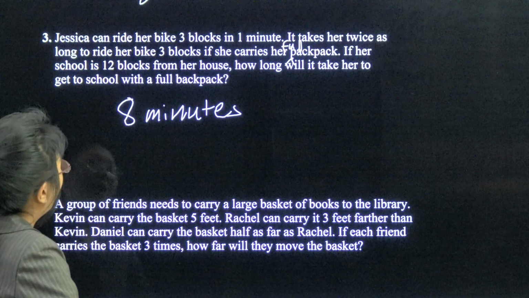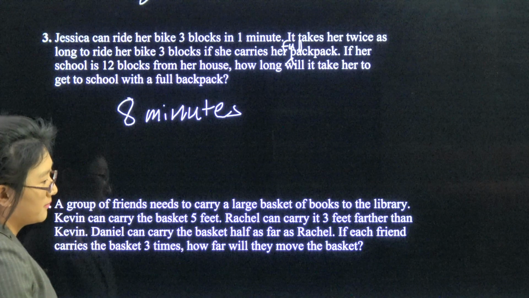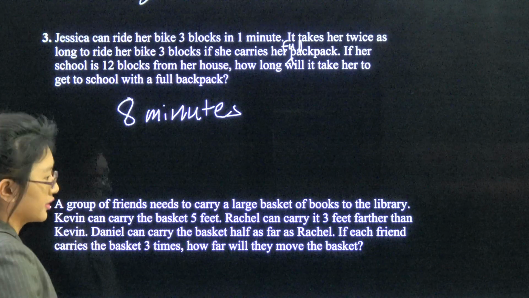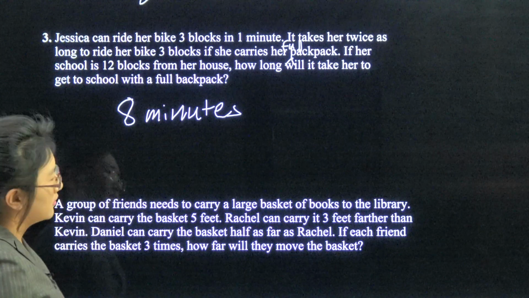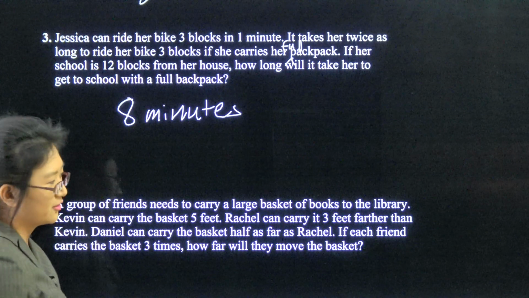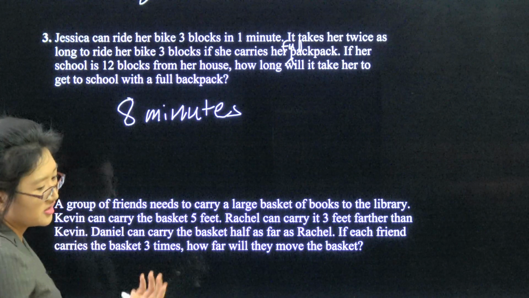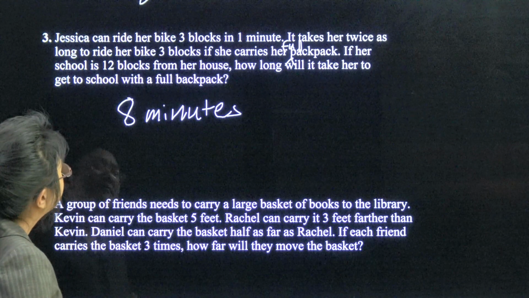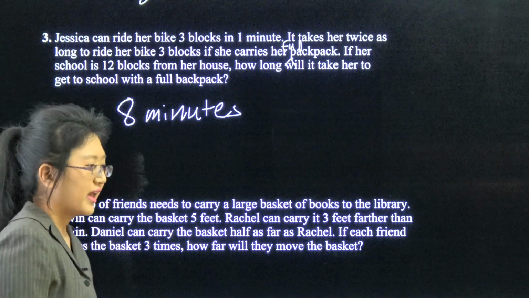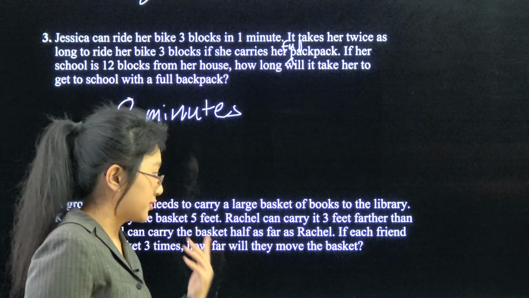Check. Well, 8 divided by 2 is 4. 4 times 3 equals 12. Amount of blocks is correct. The speed, well, time it takes to go that distance, which is technically just speed, but is also correct. And everything that we know is correct. The answer seems reasonable, so